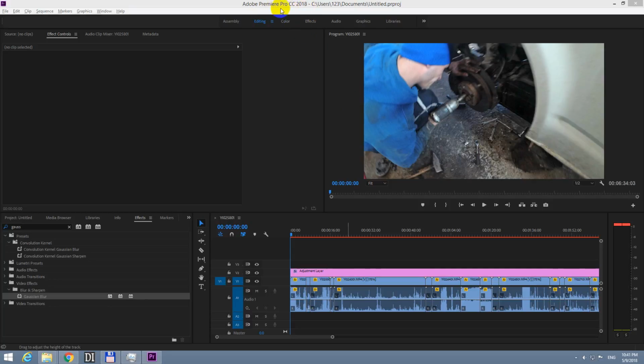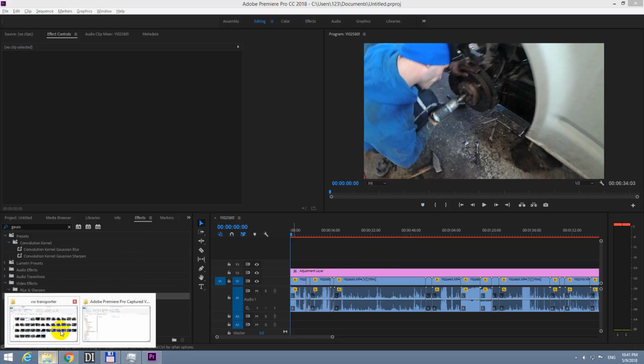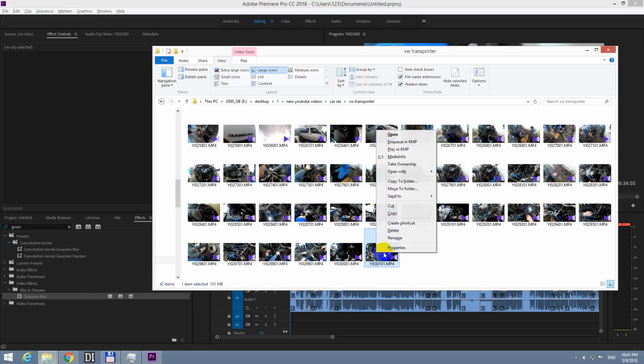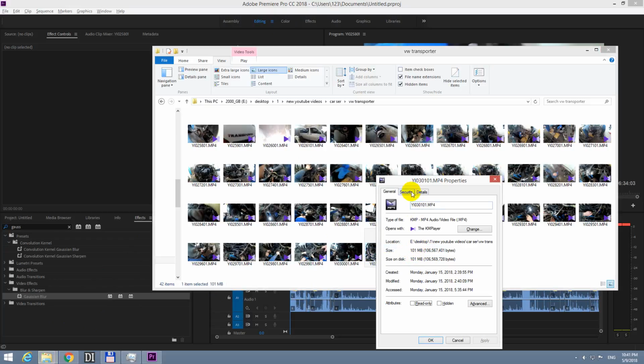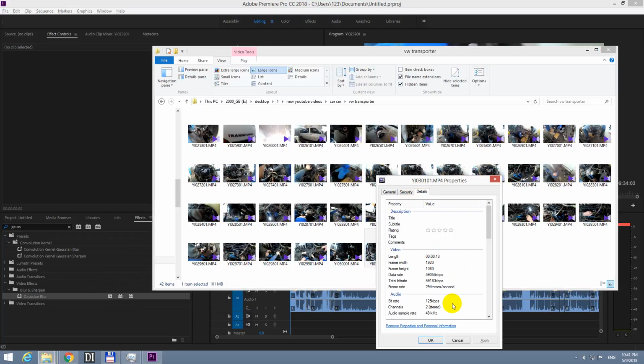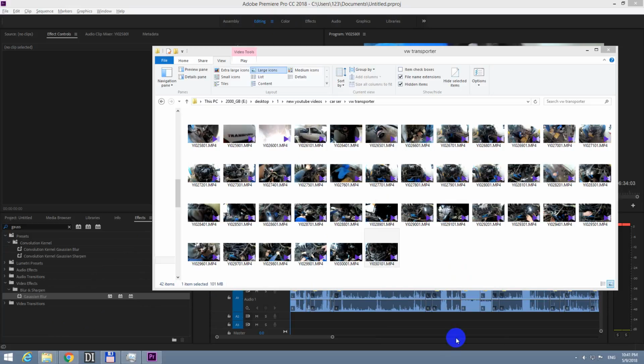Okay, here's a tutorial in Premiere Pro 2018 on how to increase the frame rate of clips. So these clips are here, and if we take a look at one clip here at details, you can see that the frame rate is 29.97. It's almost 30 frames per second, and I want to increase that one to, let's say, a more fluent 50